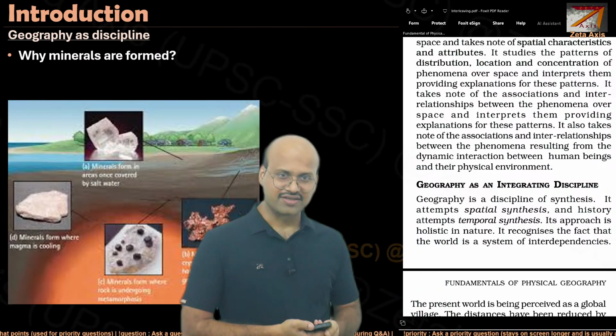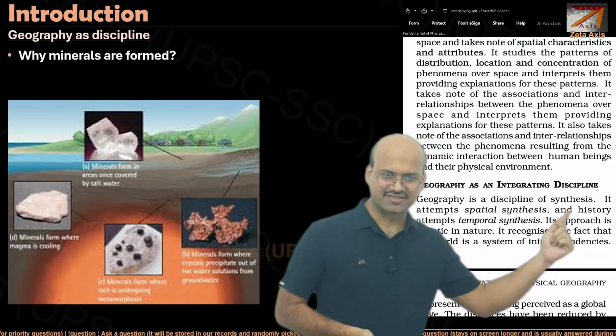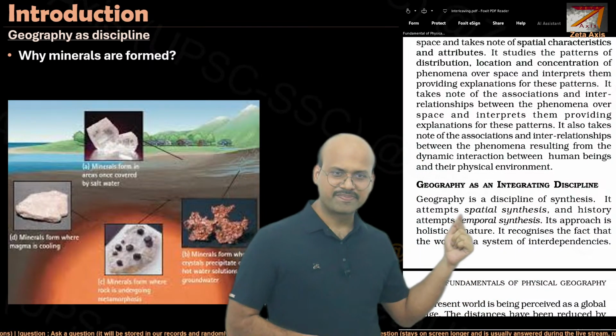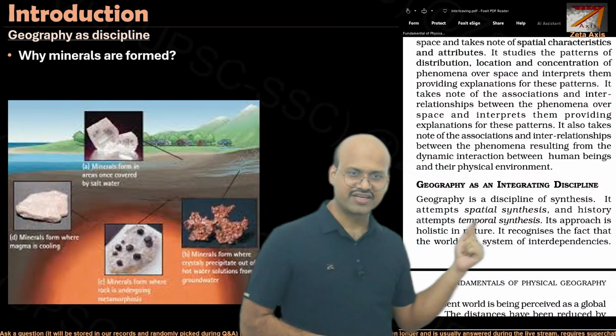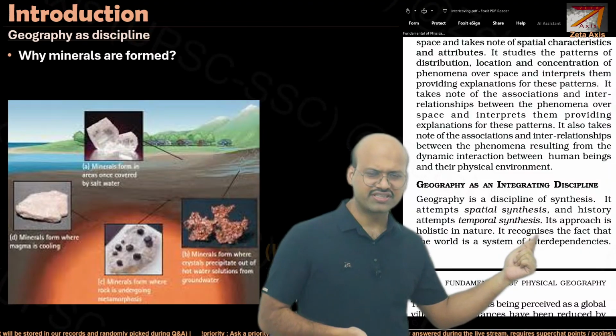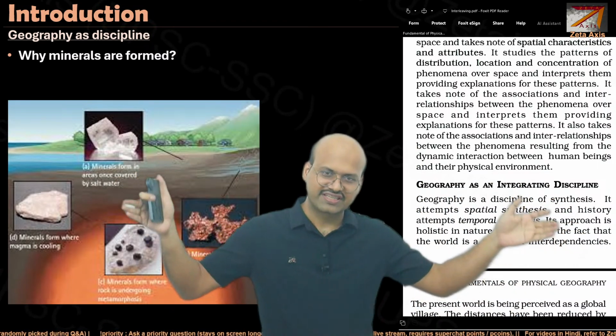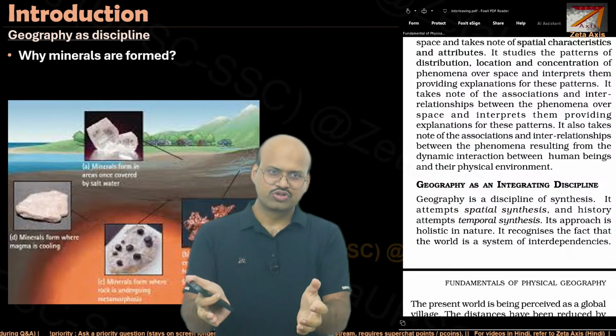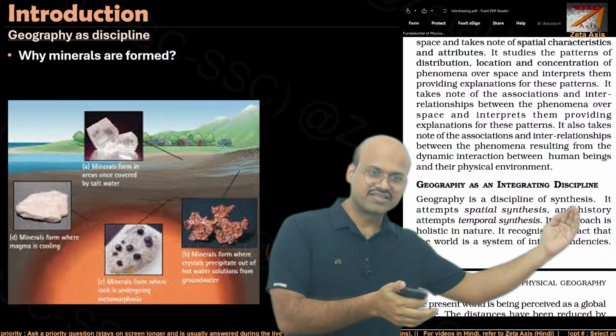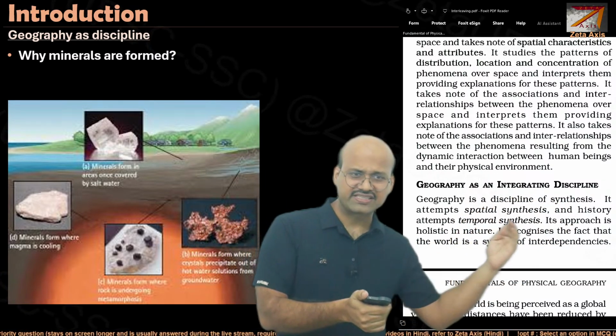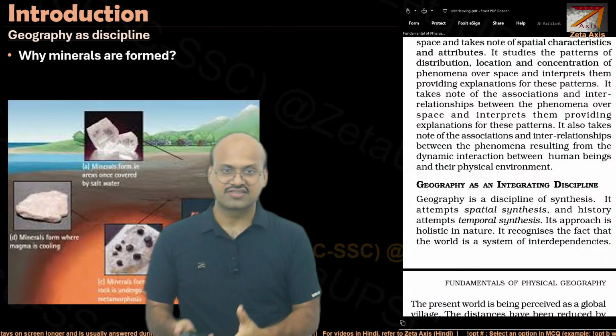So let's see here. Geography is a discipline of synthesis. It attempts spatial synthesis and history attempts temporal synthesis. So synthesis means you take data from different sources and then combine them. So that you can understand by synthesis over here. Now, what does spatial synthesis mean? So spatial synthesis means